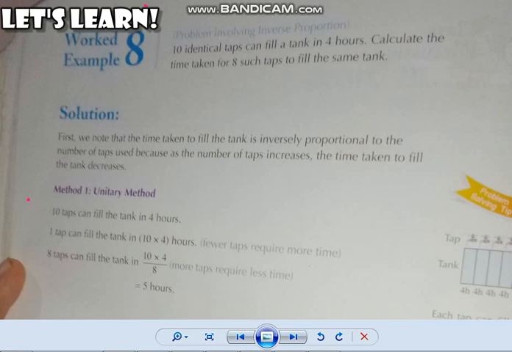We all know that in Pakistan especially, your mothers actually fill the tanks up in your house. So for example, I'm not going to refer to this example directly. Let's suppose your mother is working alone at home and she has 2 tanks to fill in the house. Now she has to wash dishes, she has to wash the clothes, she has to fill up the tanks. So if she is the only one working at home and doing all the work, it will take a lot of time, and it is possible that she won't be able to do it all together.